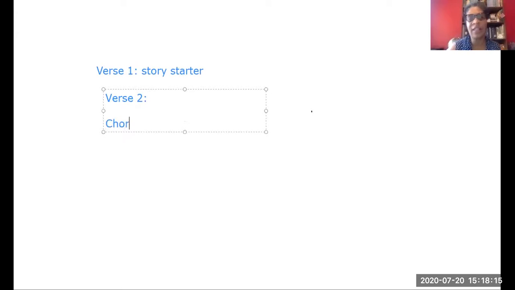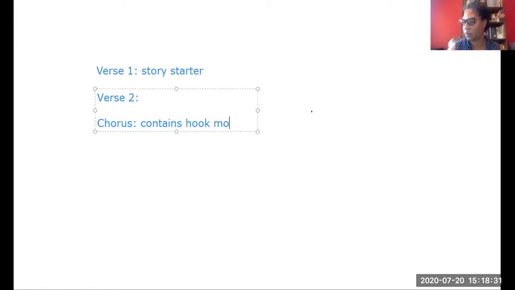Do we write this down, Miss Christania? Yeah, you guys can write this down if you're quick with writing. If you're a little child and it's hard for you, you don't have to. You can just watch it. Okay. All right. A chorus contains a hook, and the hook is the most memorable part of the song. So we want to make sure that we have that in our story.